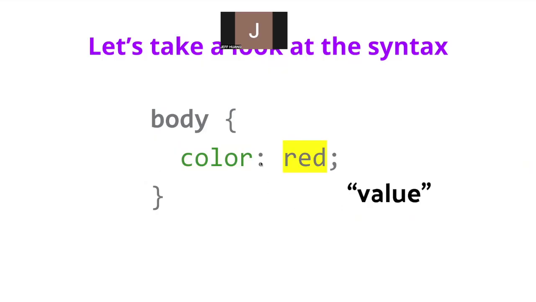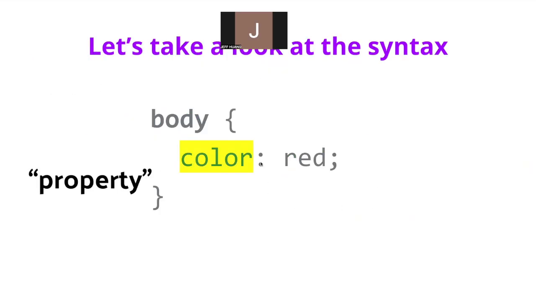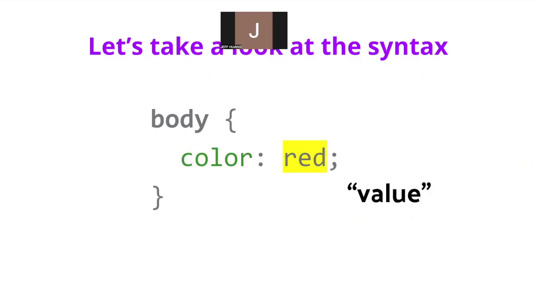Make sure that you have a colon between the property and the value, and make sure you end it with a semicolon. In the end, after you're done with all of the properties that you want to change, make sure you end it with a semicolon. Sometimes it won't give you an error, but it's good practice to always end your lines with a semicolon.